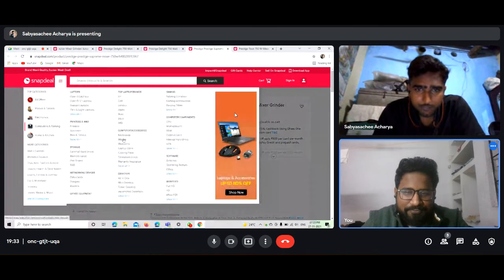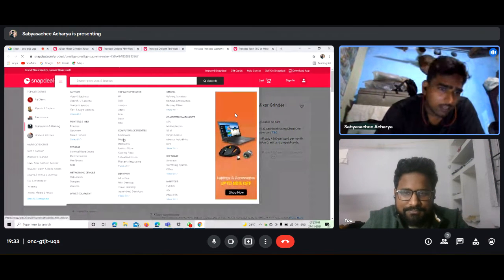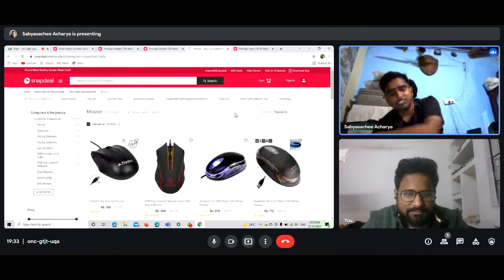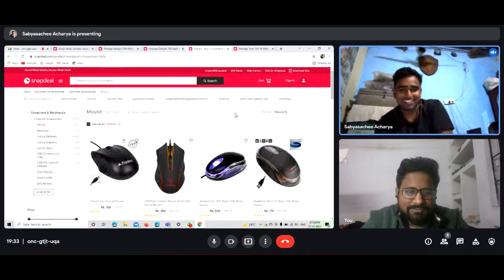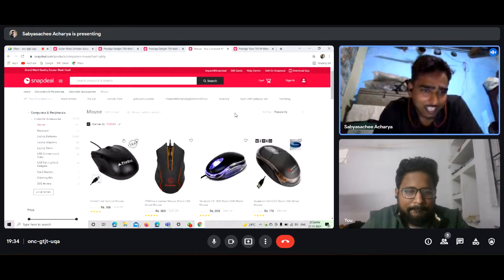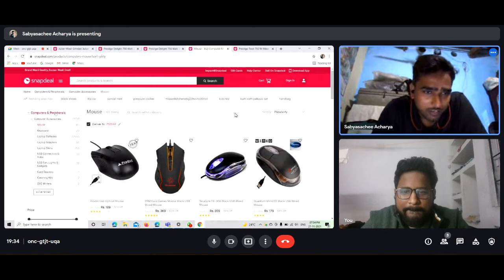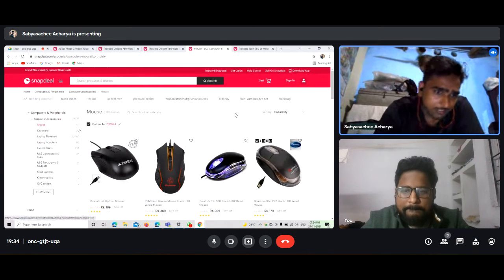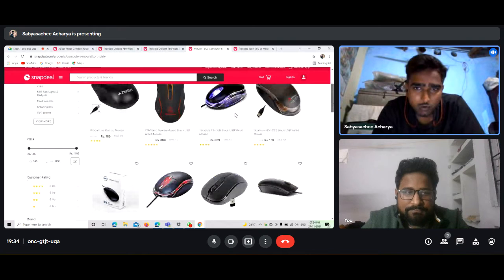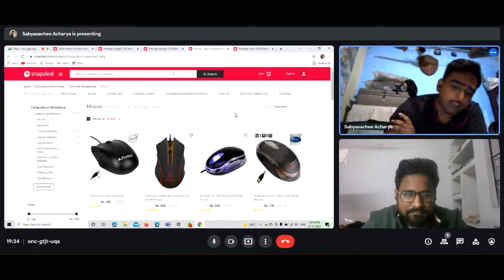Okay. Then that's actually an easy one because I just did shopping regarding that a few days back. So it's quite easy because I have to go for computers and peripherals. Then I can see there are some options, mouse and keyboard. So first I will see if there is any combo like mouse and keyboard.